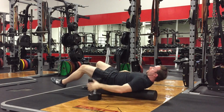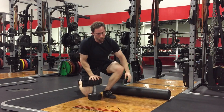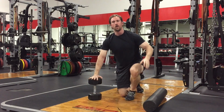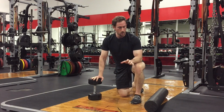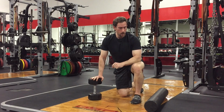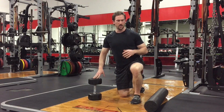I've actually found that for individuals who have shoulder issues or suffer with some inflammation in the shoulders or even some mobility or stability issues, the foam roller is very therapeutic for correcting that and for helping. Another reason that you would perform chest presses on a foam roller, and this is pretty obvious,